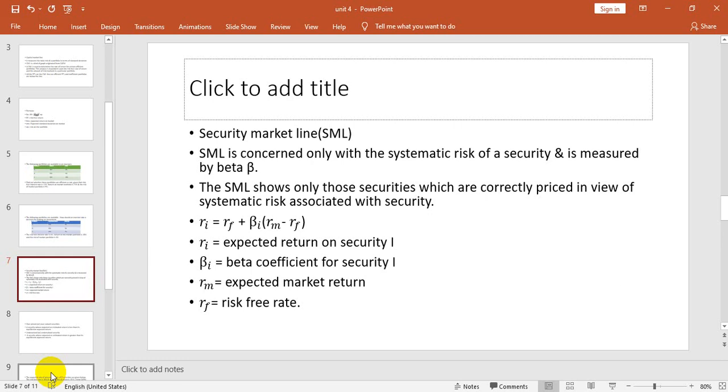So the basic difference between capital market line and security market line is, capital market line takes into consideration the unsystematic risk, which is controllable and internal to the company, whereas security market line takes into consideration the systematic risk of a security, which is uncontrollable. Their risk has been signified with standard deviation. Here risk will be signified with beta. So this is what it is. In my next class, I'm going to explain the security market line as well.